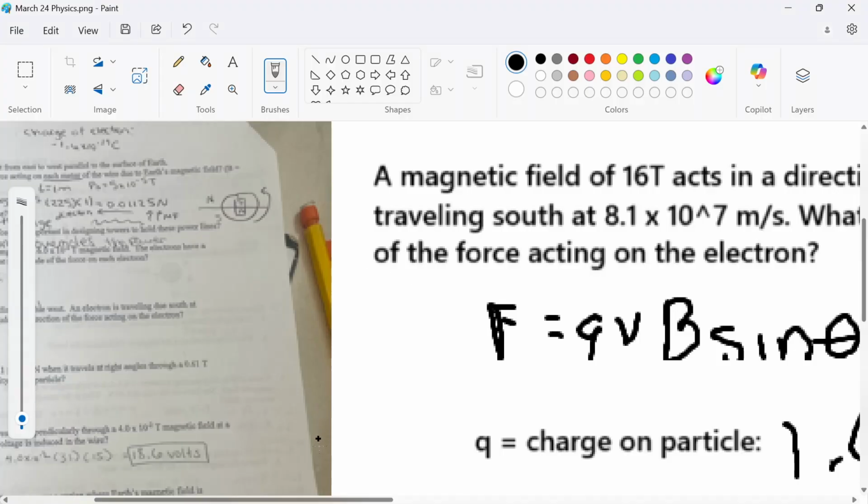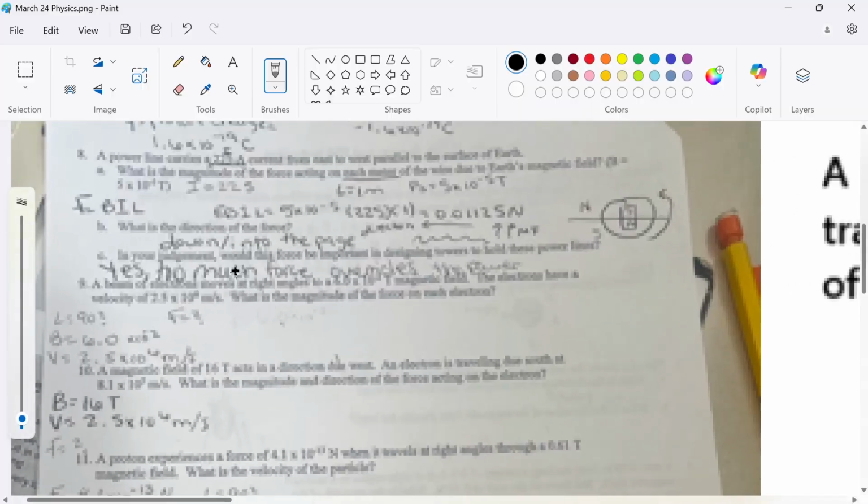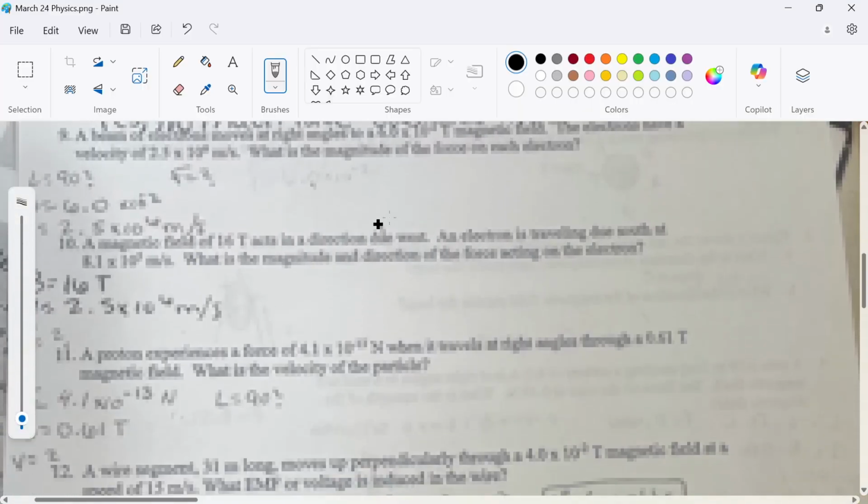Here's a question on a worksheet about particles moving through magnetic fields. I'm looking at question, I think it's 10 here, and I can't read everything. I think it says a magnetic field of 16 Teslas acts in a direction due west. An electron is traveling due south at, it looks like 8.1 times 10 to the 7th, but then down here,